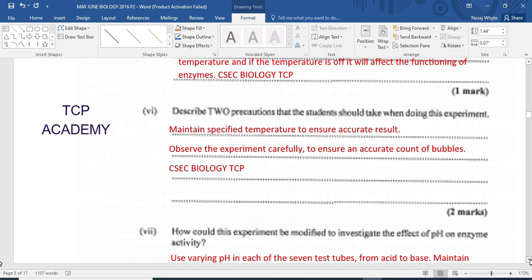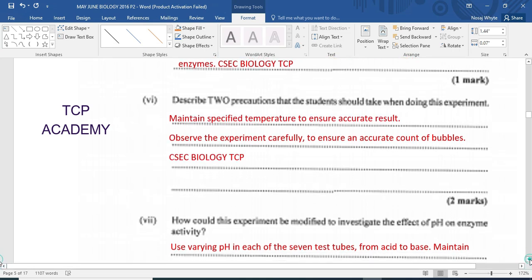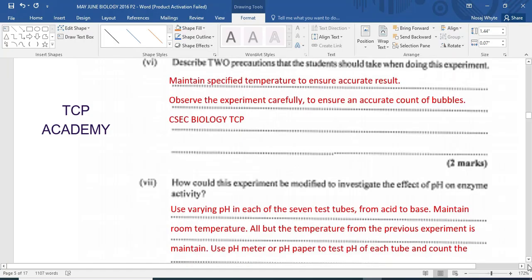So the first thing that we need to do, we need to use varying pH in each of the 7 test tubes. Rather than using different temperature, we're going to be using different pH. Now another thing we want to do is to maintain the temperature somewhere around room temperature for all 7 test tubes. All but temperature from the previous experiment